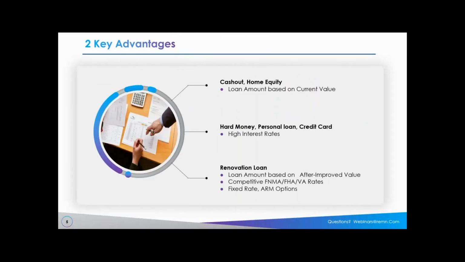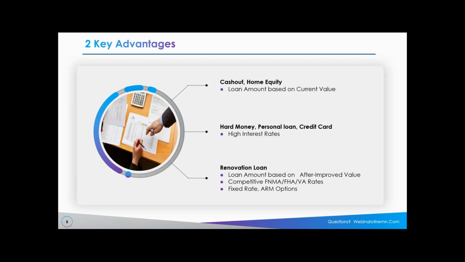So we talked about some of the key advantages already, right? We talked about cash out on the home equity. You don't have enough current value in the home. Let's go over hard money, personal, and credit card options, okay? Those all have much higher interest rates and shorter terms, right? A renovation loan has a 30-year term, and right now, whether it be a 203K or a